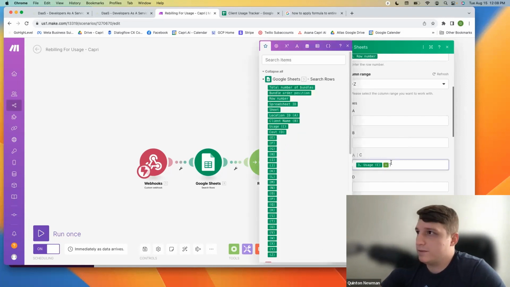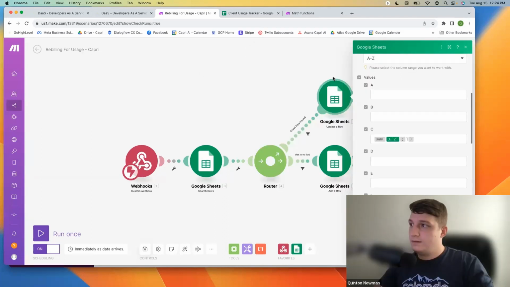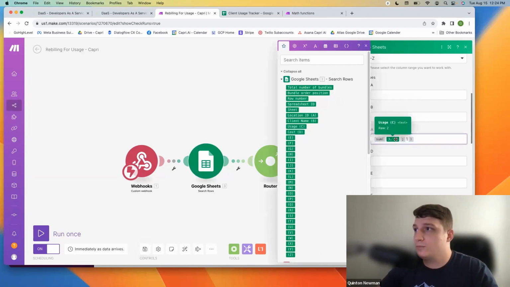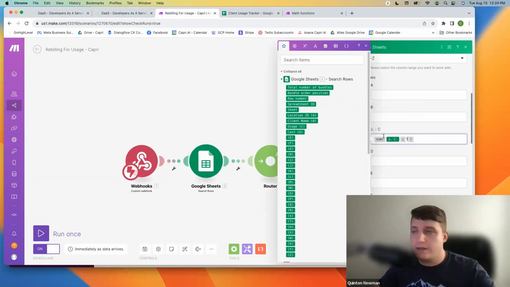And I believe this may have to be different kind. Give me 1 second. It's actually supposed to be some functionality. Sorry, not parse number, but you change it to sum here, and then you put the spreadsheet row, which is going to be the cost here. Or I'm sorry, the usage. So it's going to be C, and then one,